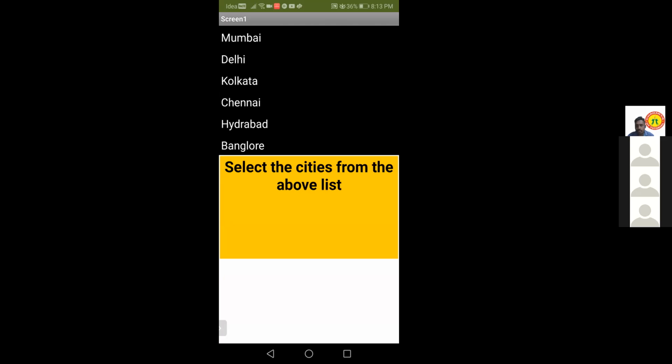So do this: copy the code and copy the same for all screens. Okay, who would like to share your screen? Sir, me, Pranav. Pranav, just share your screen. Sir, can you see it now?